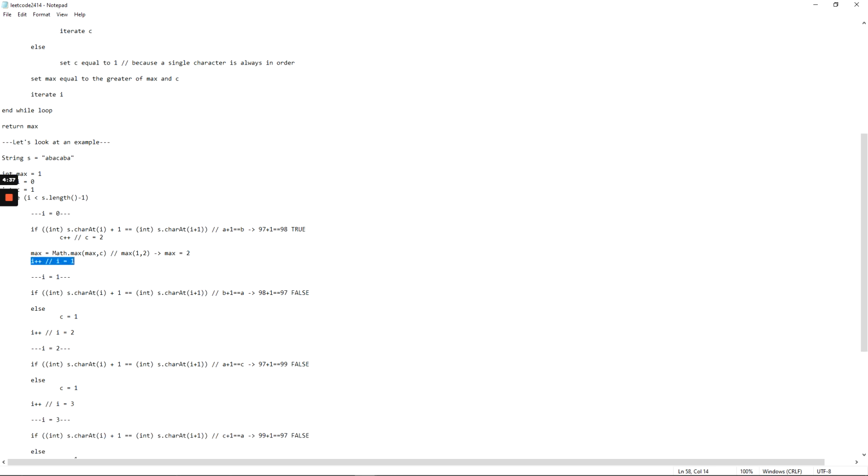So now while I equals 1, our if statement here, we're saying B plus 1 equals A. Is that true? 98 plus 1 equals 97. That is false. So our else statement will catch, and we'll set C to 1, iterate I to 2. When I equals 2, if statement here, A plus 1 equals C, 97 plus 1 equals 99, that's false. So our else statement catches,